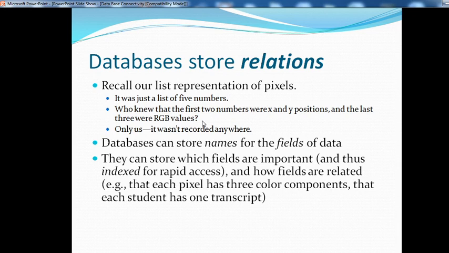A database can store names for the fields of data. It can store which fields are important and thus index them for rapid access, and how fields are related. For example, each pixel has 3 color components, and each student has 1 transcript.